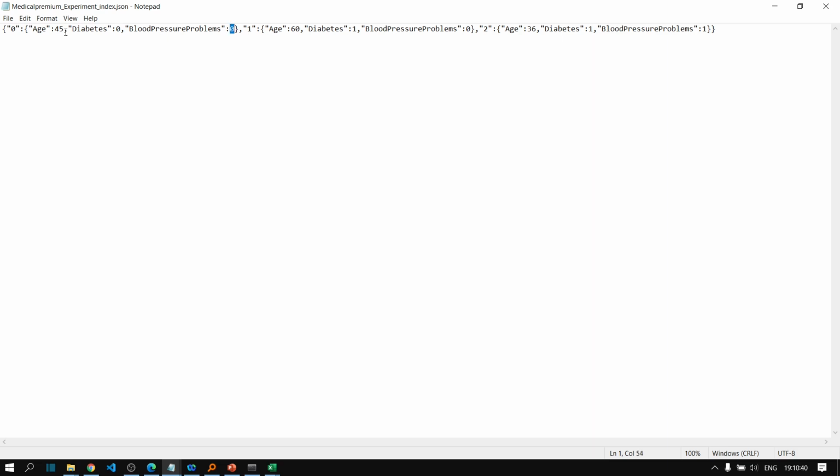Okay, so coming back to our discussion, here the keys are 0, 1 and 2, and inside that we have the individual properties. So from the keys you can understand that these are the index or the name of the rows. These are the name of each of the rows.